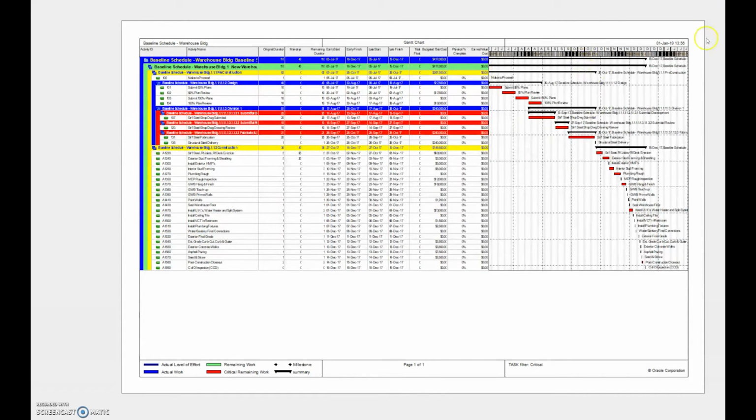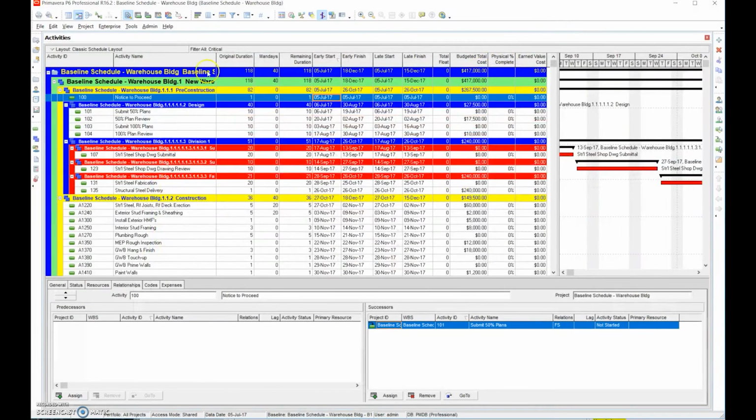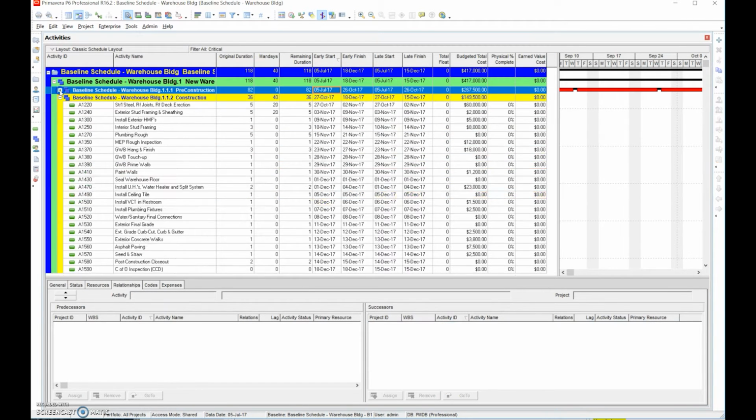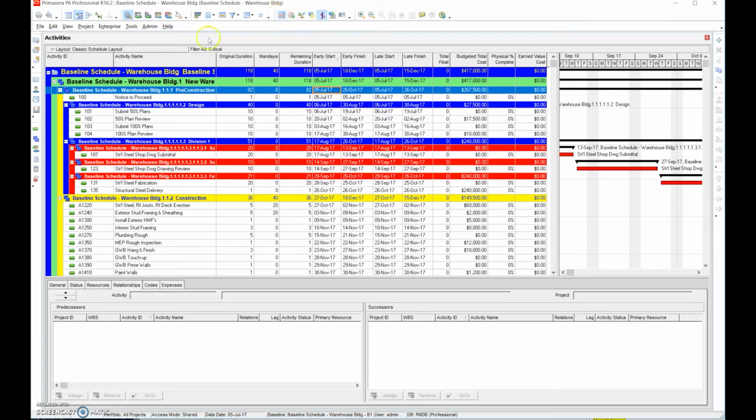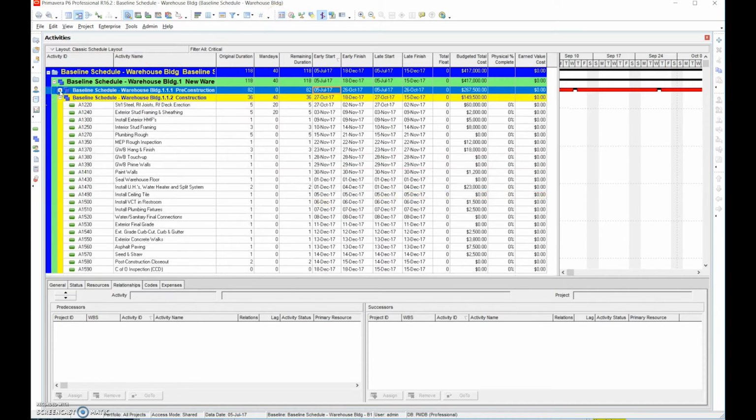So that is a critical path schedule, Gantt chart schedule. What if we wanted, these are all project management views. Say that we want to have what we call a continuous flow. What we can do is go ahead and minimize